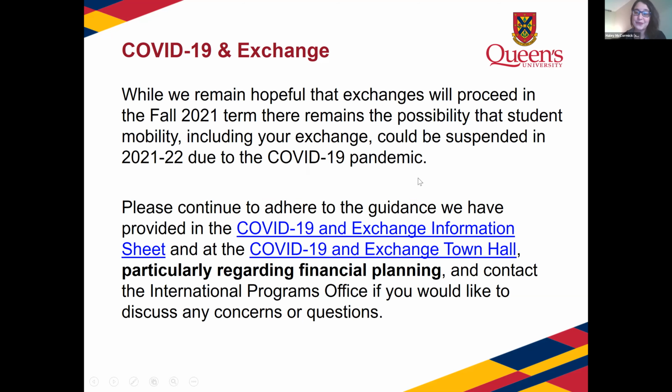So we want to start off, as you've probably noticed at some of our other events, with just a little bit of a caveat here with a reminder of our current circumstances with COVID-19. While we remain hopeful that exchanges will proceed in the fall 2021 term, there remains the possibility that student mobility, including your exchange, could be suspended in 2021-22 due to the COVID-19 pandemic. So we want to encourage you to continue to adhere to the guidance we've provided in the information sheet, in the exchange town hall recording that we sent you all,